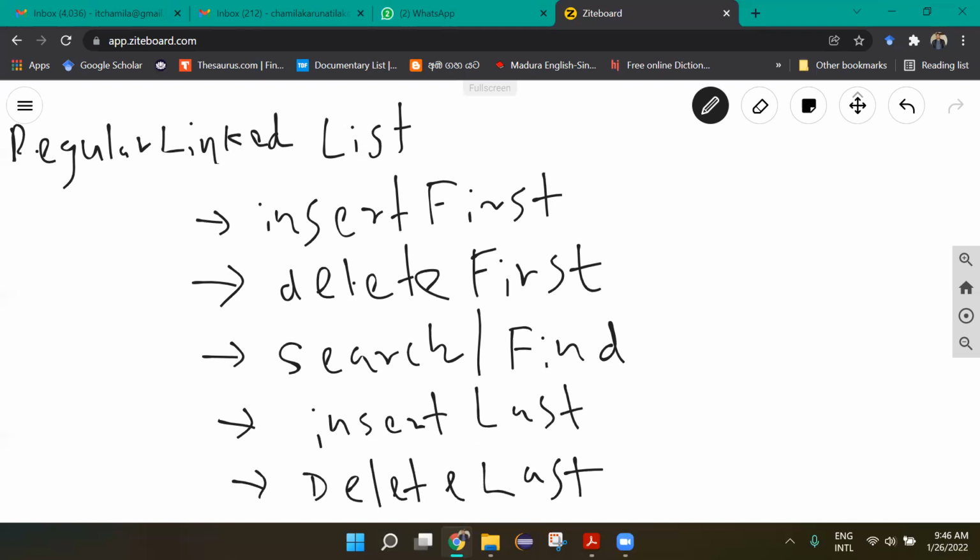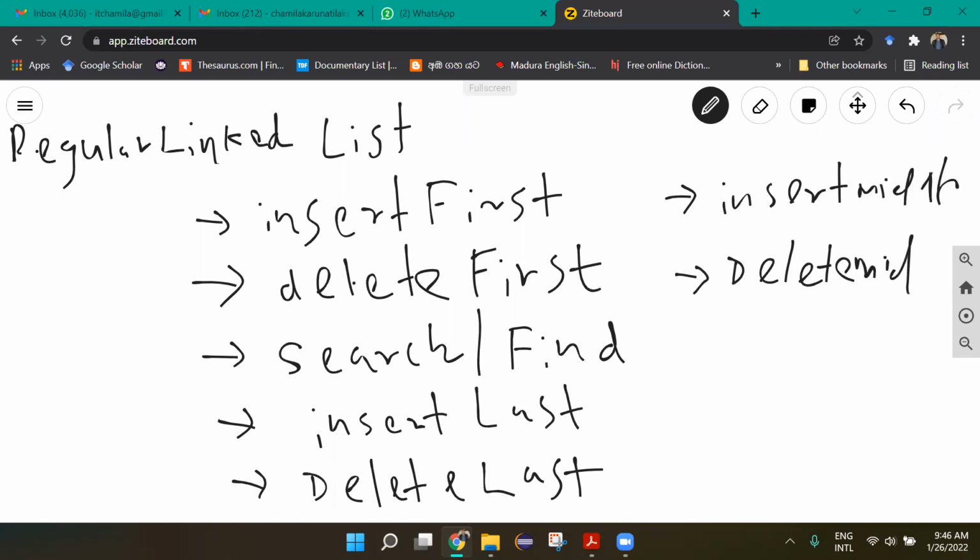So here, then, at any point, insert and then delete. Insert middle, or you can use any name for that. So in these last two functions, it is like we search for an item and we